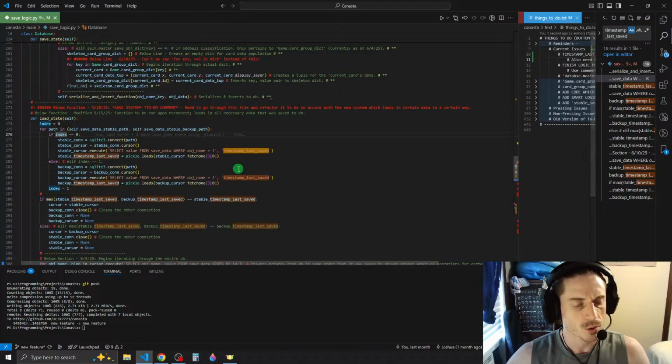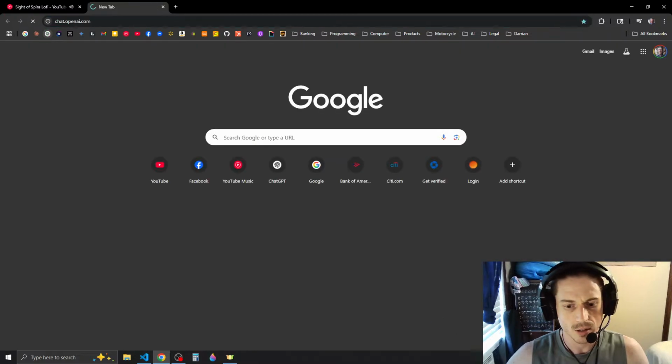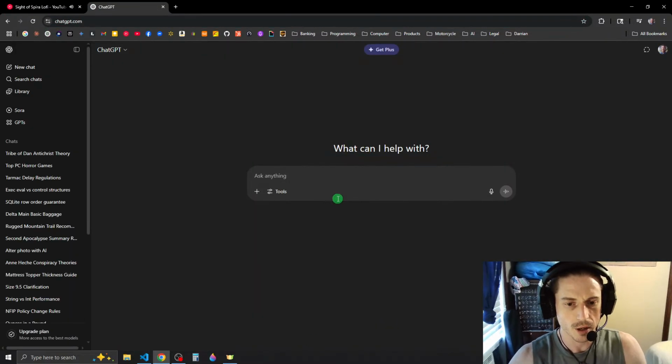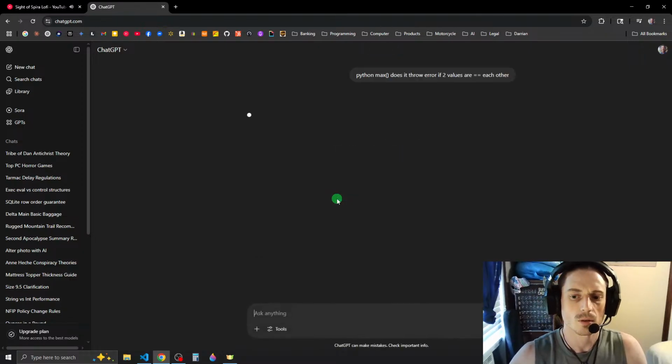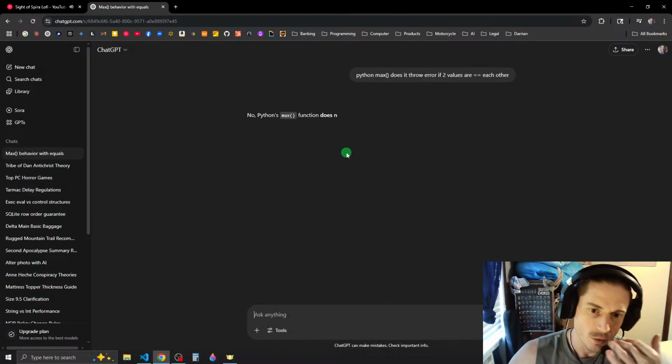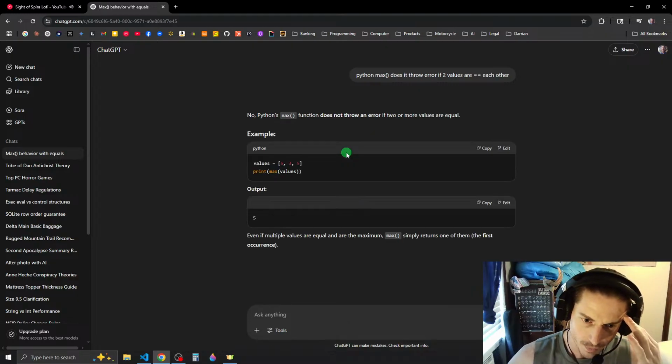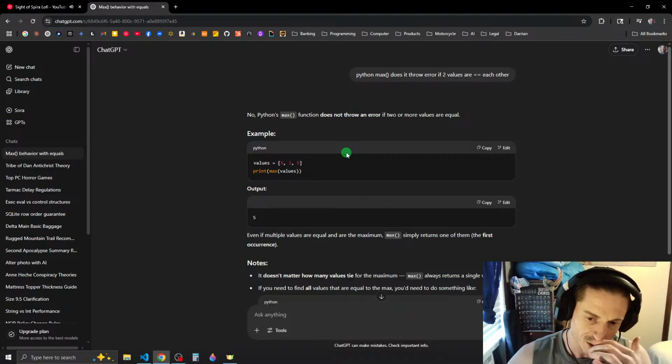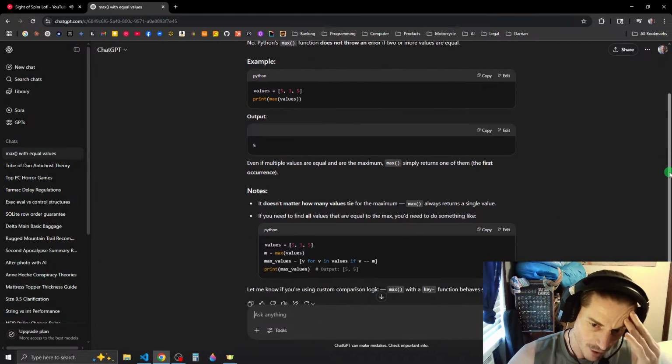So let's see real quick. So we use max. Let's ask ChatGPT about this. So let's say, Python max, does it throw an error if two values are equal to each other? No, Python's max function does not throw an error if two or more values are equal. Even if multiple values are equal, max simply returns one of them, the first occurrence. It doesn't matter how many values tie for the maximum. Max always returns a single value. If you need to find all the values that are equal to the max, you do something like